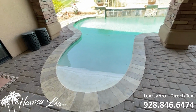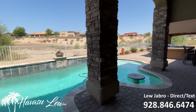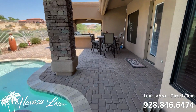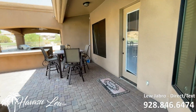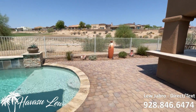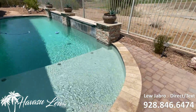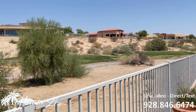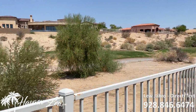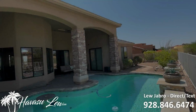Cool little beach entry. Baja shelf. Has water features, but they're not running. It's got travertine coping and paver decking. Another little Baja shelf. So this one backs right to the 8th tee. So the tee boxes are right there. And then the fairway's down that way, so you won't get any slices or...